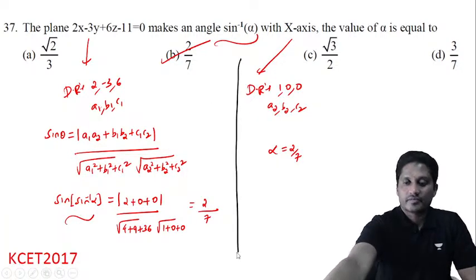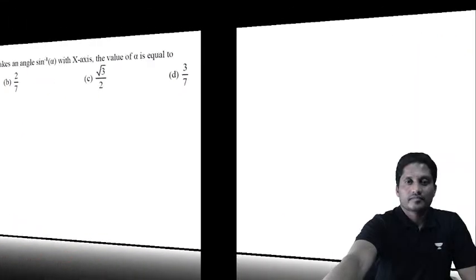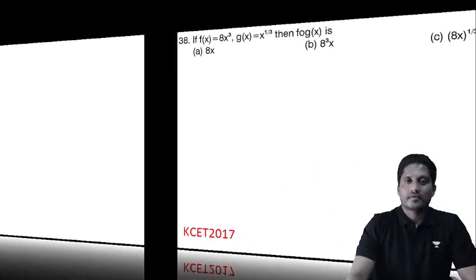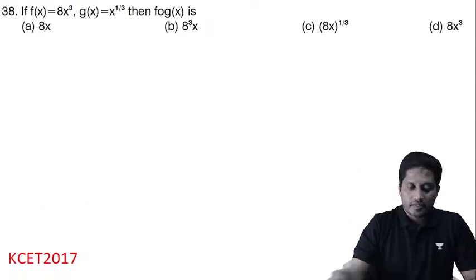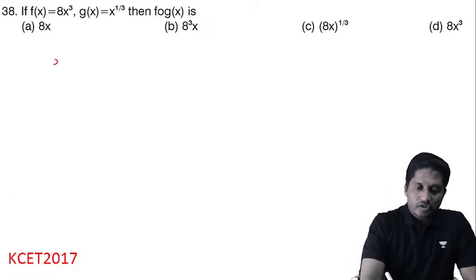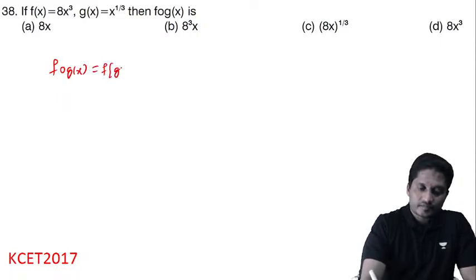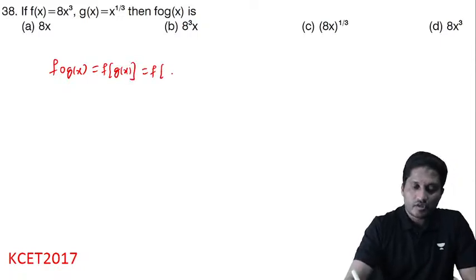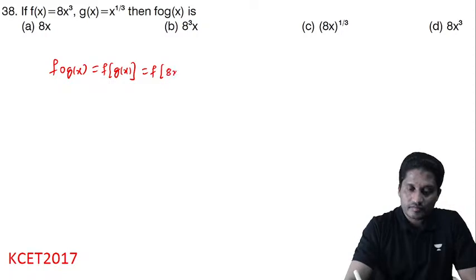Right, let's move to the next question. Okay, this is an NCERT question only. F circle g of x is equal to f of g of x. This f I'll keep as it is. g of x is